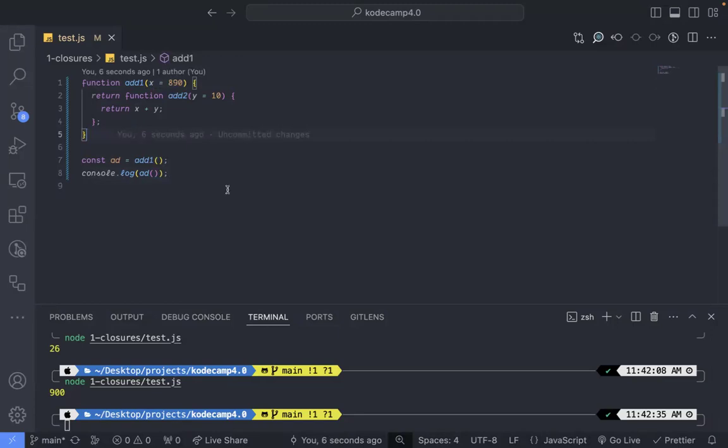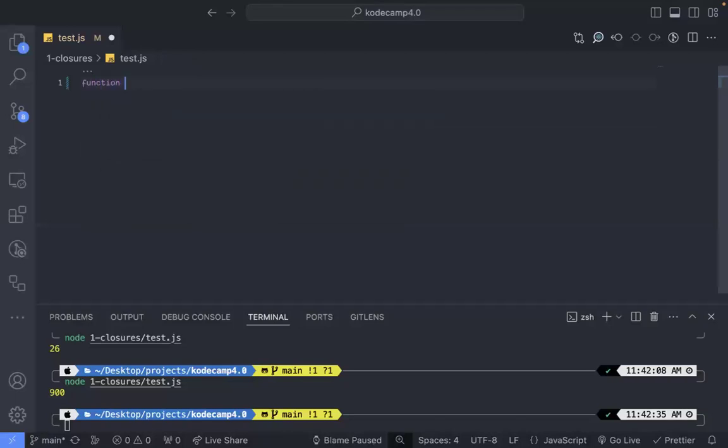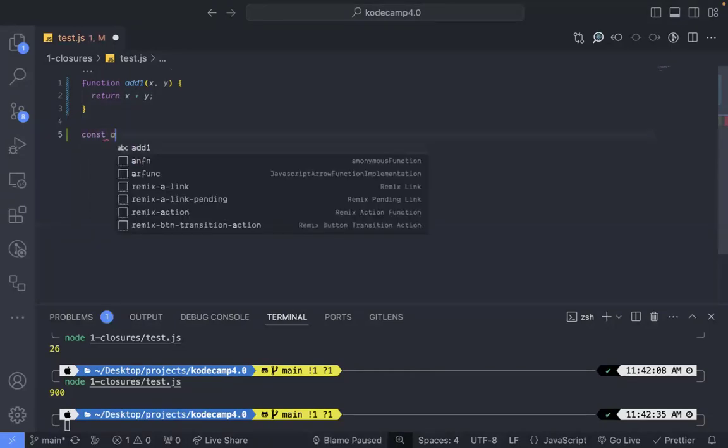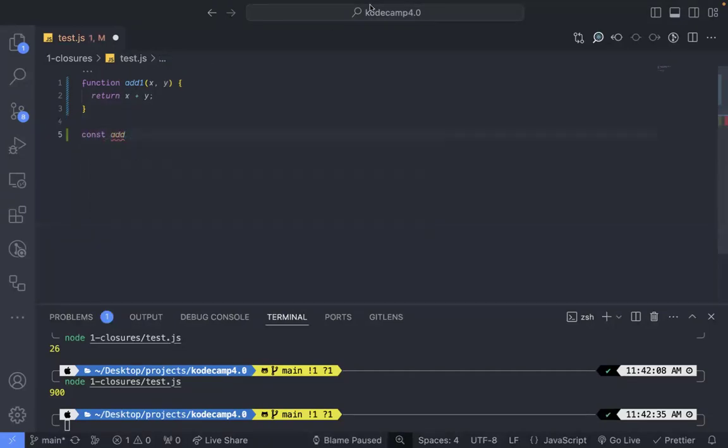Now, let's do this in a partial application where we have function add1. This function takes x, y. Then it returns x plus y. Now we just need a single function here. We don't need to go around writing inner functions, closures, and all of that. This is using closures under the hood. So we can say const add,